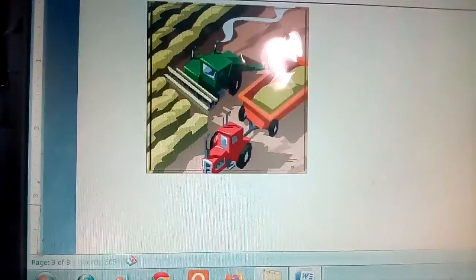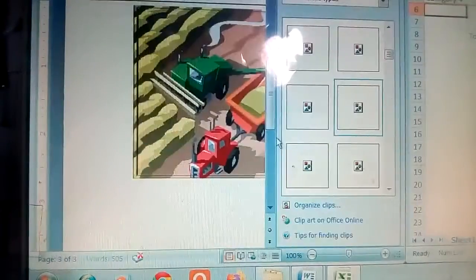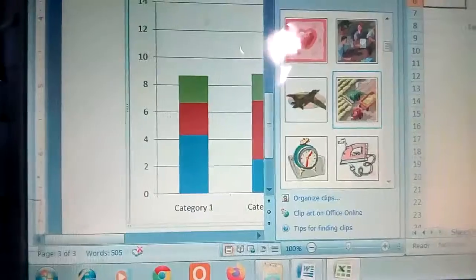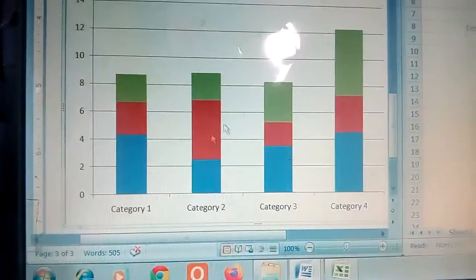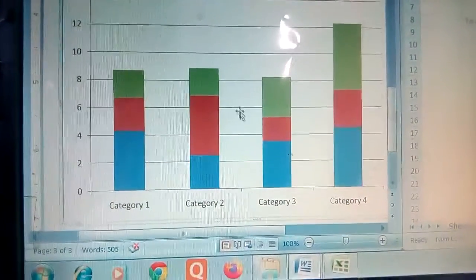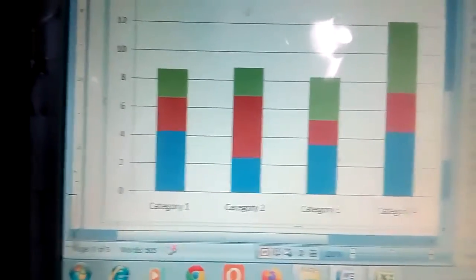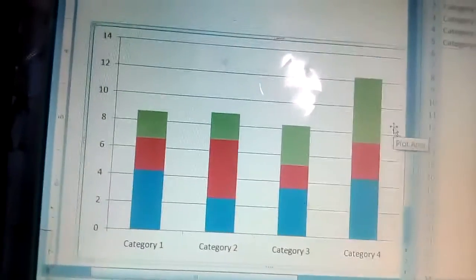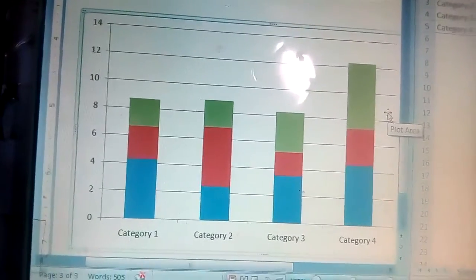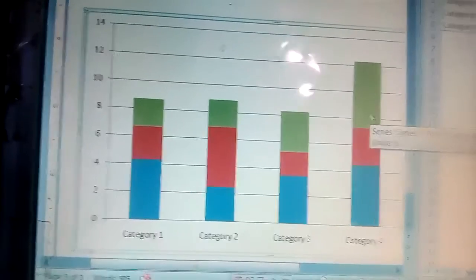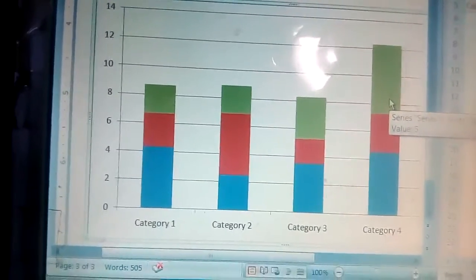So the chart will be inserted here. Okay, so the chart is here. Now you can see here the category, series 1, 2, 3, all these things. So in this way you can insert the chart. Which chart you want, pie chart, line chart, column chart, bar chart, you just select from here, and the chart will be inserted.